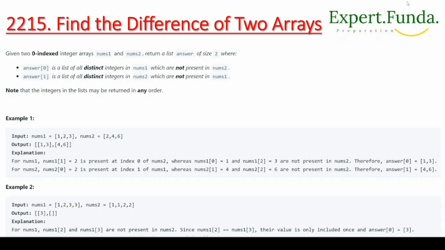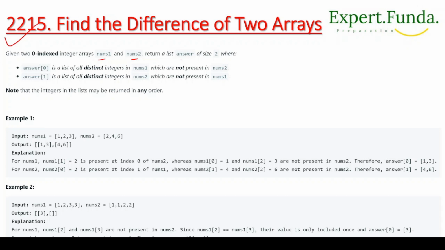Hello guys, let's understand today's question. We have here 2215, and in this question we have to find the difference of two arrays. We are given zero-indexed integer arrays, nums1 and nums2, and we have to return a list